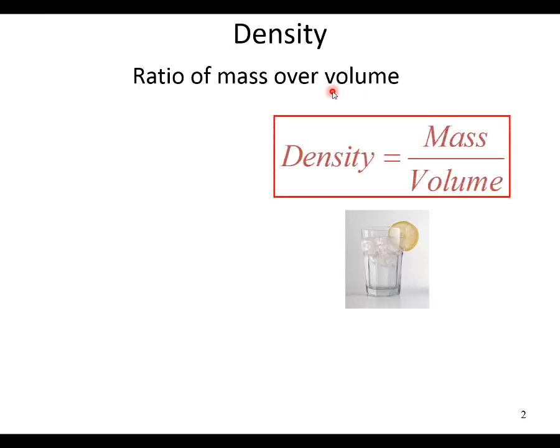So we can write density in the following equation. Density is equal to mass over volume. Frequently in the course, I'll just write a D for density is equal to an M for mass divided by a V for volume. So if we consider the densities of different states of matter, solids, liquids, and gases, well,